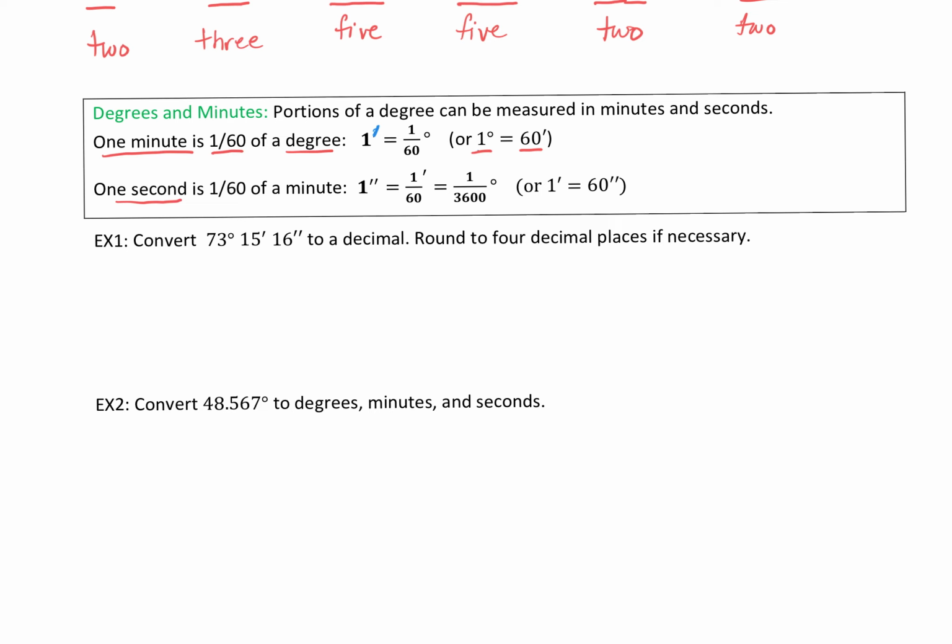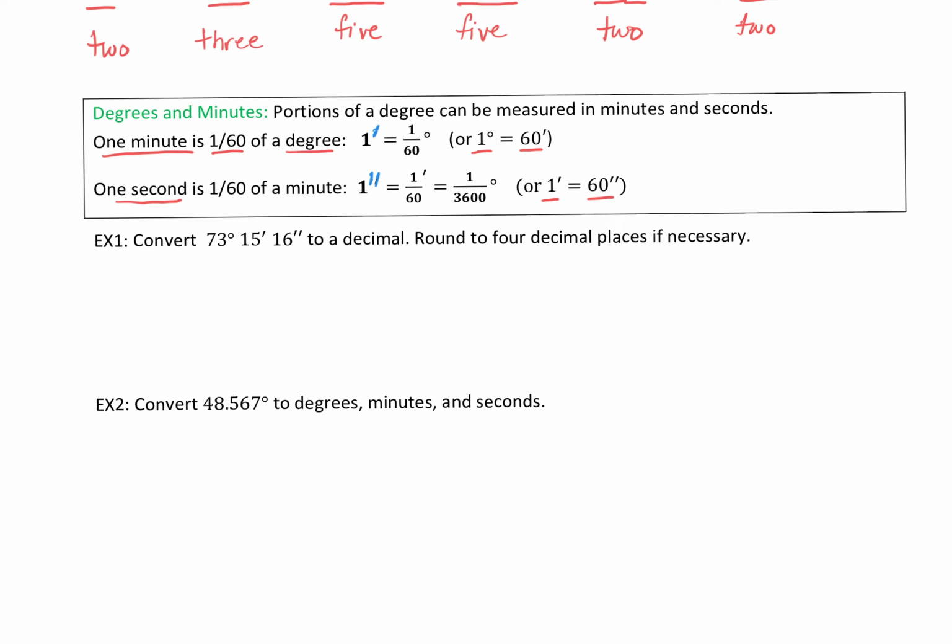So 1 second, and here, sorry, we're using these hash marks again. We're using 2 to indicate seconds. So 1 second is going to be 1 over 60 minutes because there's 60 seconds in a minute. That in turn would be equal to 1 over 3600 degrees. Or in other words, we have 1 minute is equal to 60 seconds, which makes sense if you're thinking in